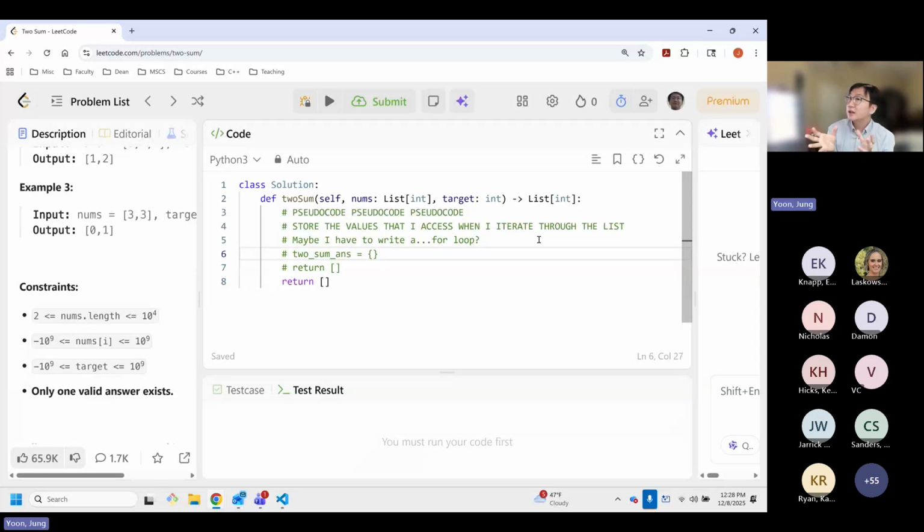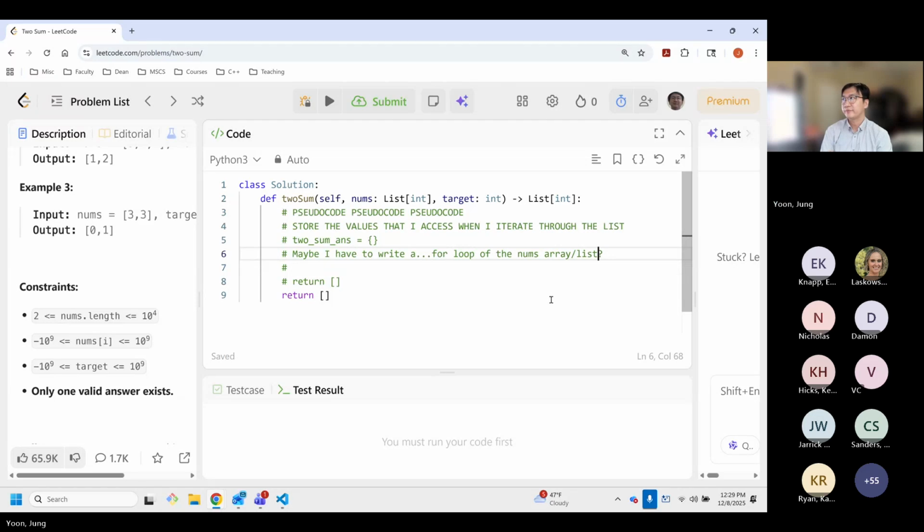Do you see I'm not all-inning, or locking in the answer that I think is correct? All I'm doing is trying to think through the problem. So I know I have to write a for loop. I definitely don't want to put my temp variable inside the for loop. We just want to have it locked in, so maybe I move it outside. And then I want to iterate through the for loop of the nums array or list.